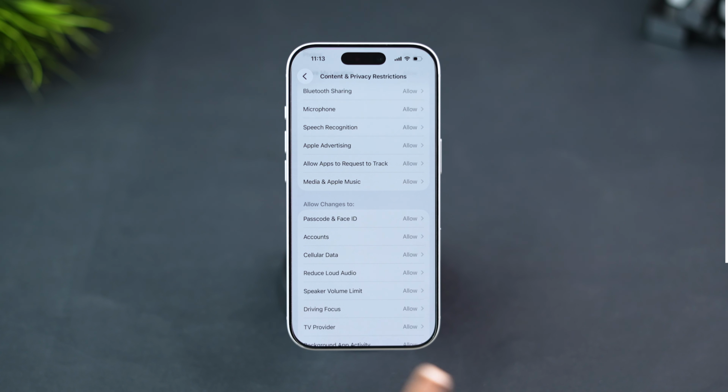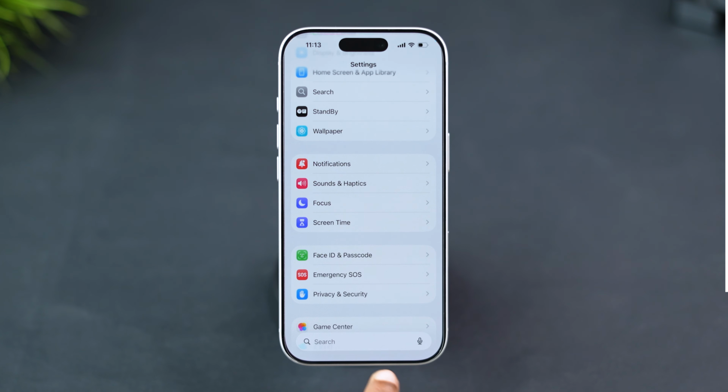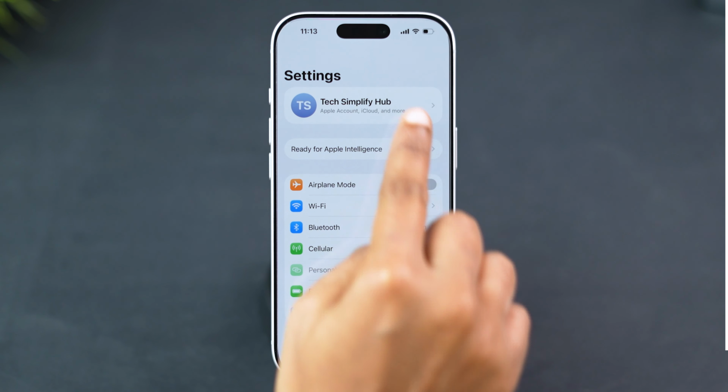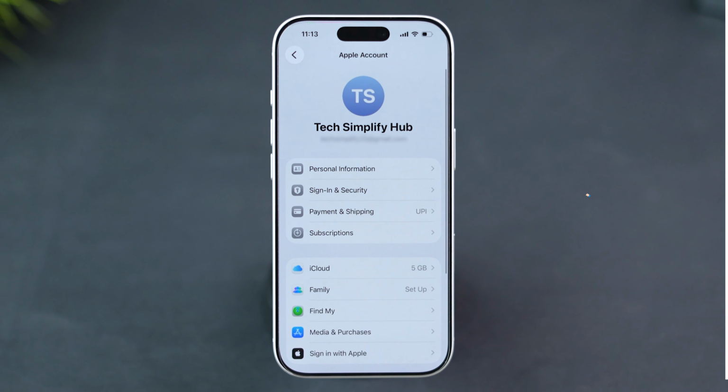Now go back to the main settings screen. Sometimes you may need to close settings completely and reopen it. And just like that, you should now be able to tap your Apple ID again. If this step doesn't work, try